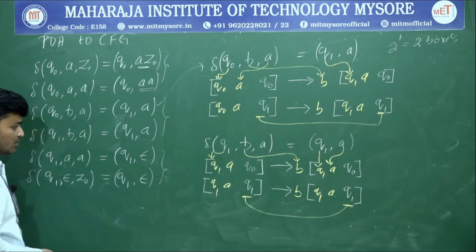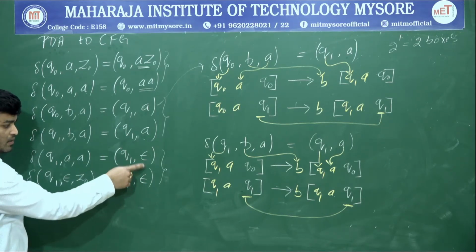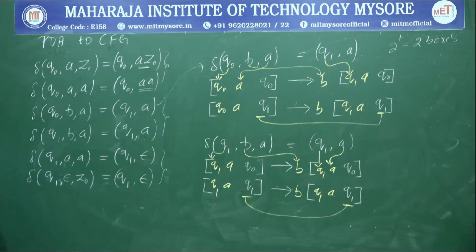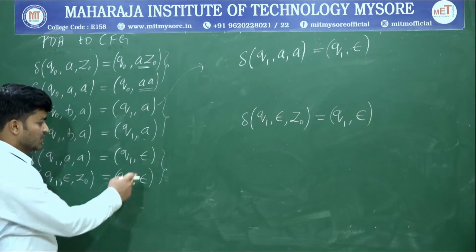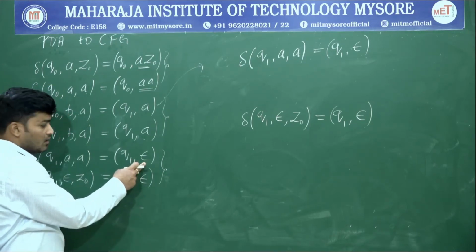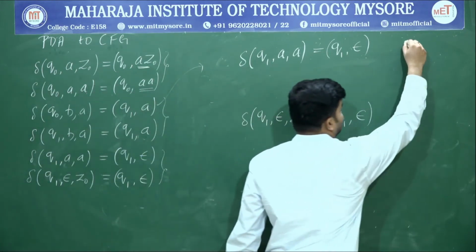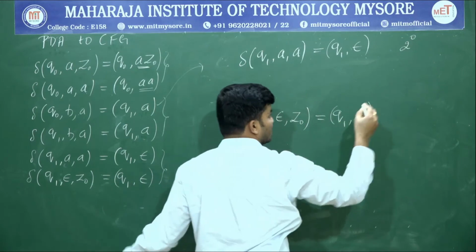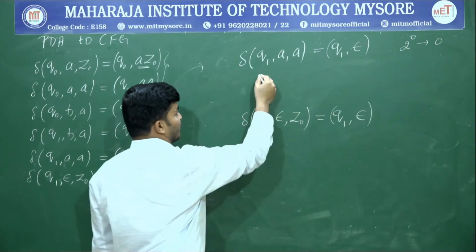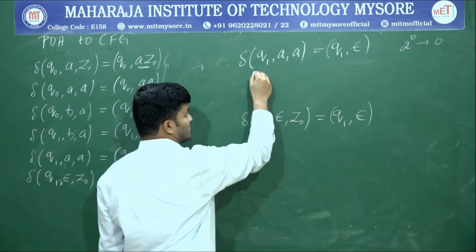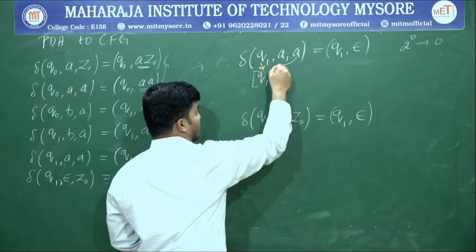Okay. So now you will see how to write context free grammar if you have epsilon in the right hand side. Okay. So now we will see how to write context free grammar if you have epsilon in the right hand side of the given transition function for the PDA. Okay. So if it is a 0 term, means if there is an epsilon or a 0 term, you are going to have 0 boxes. So now we have to write that one directly. So first you write Q1 as it is. Okay. Next you write, first you write this Q1 as it is. Next you write A.